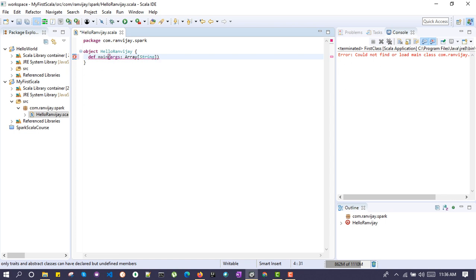First comes the name of the parameter, that you can see is args, and it's of the type array, which is of String. This is a little bit different, so you can go through this. Let's display some line. println is the keyword with which you can display. Hello Ranvijay.